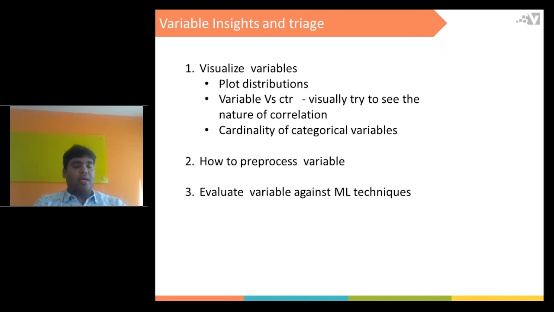And in case of categorical variables, see whether the categorical variable is adding value, does it have a CTR variance or not, and just see the cardinality of that categorical variable. Second is, once we have all this insight by visualizing the variable, how to pre-process the variable, and then evaluate the variable against the 3 ML techniques we just discussed. So this is going to be the flow for 2-3 variables which I'll be explaining.